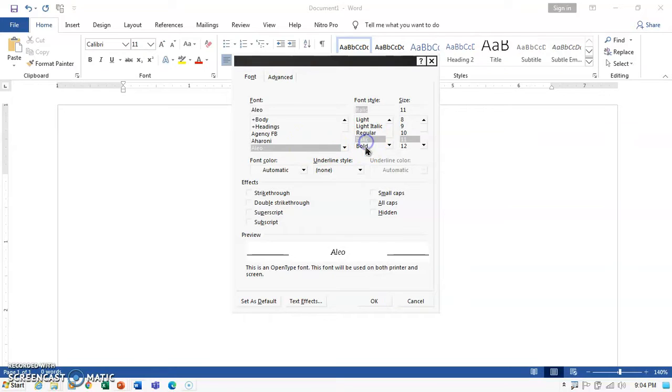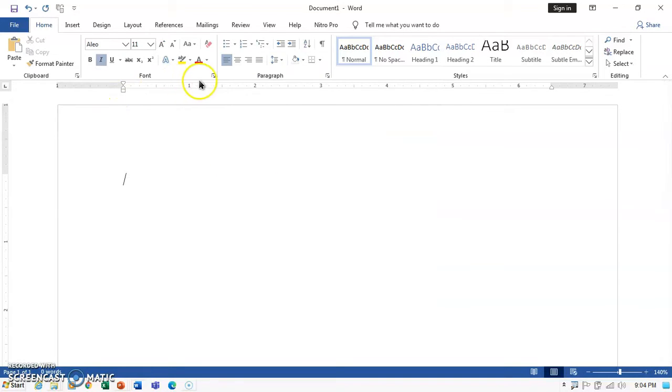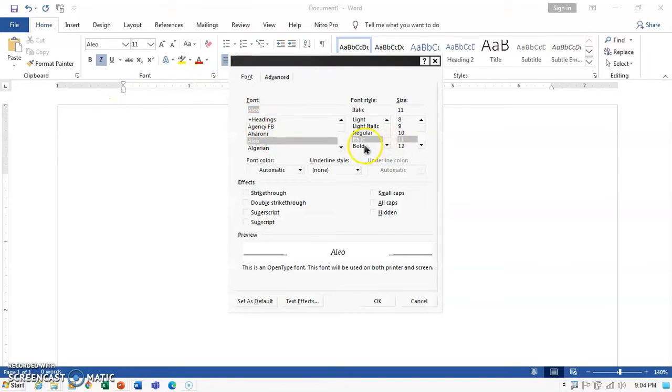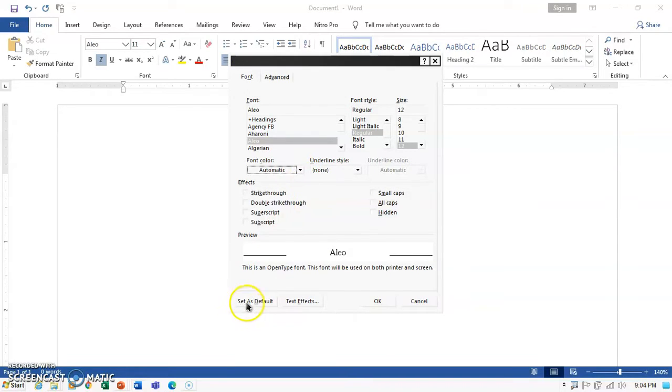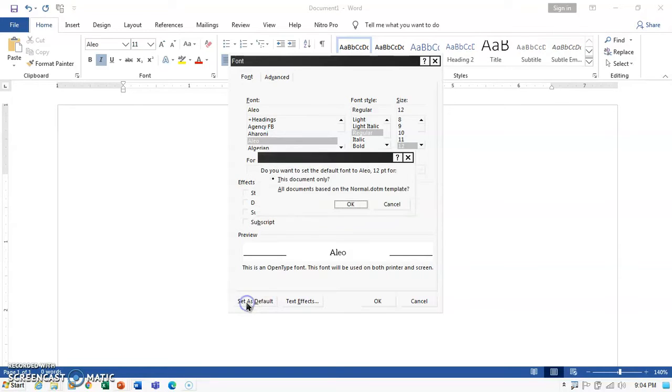Select whether it is bold or regular. You can also choose whether it is 12 or 11 size. You can also choose the color of the font and then take the option Set as Default. Now, a reasonable question to answer is whether you want the new default font to apply only